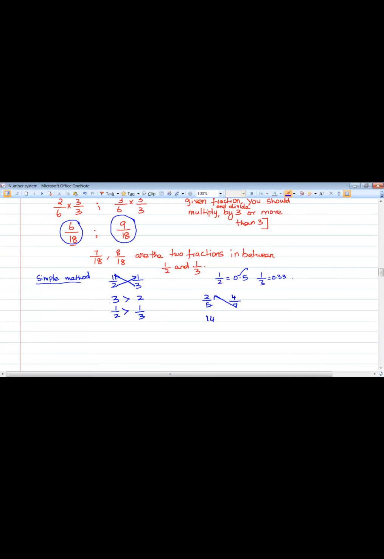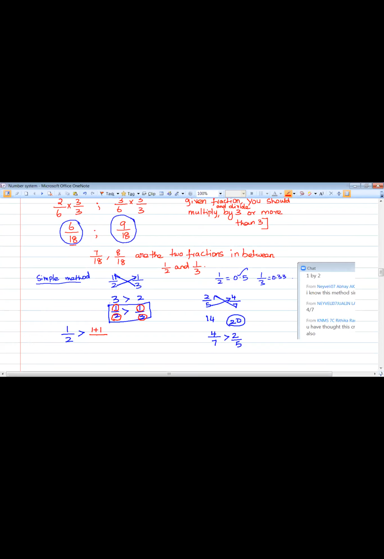I think I explained this method to you. Okay, same thing. So from this you can understand 1 by 2 is greater than 1 by 3. Now we have to find out two fractions in between. That is very easy, right? 1 by 2 is greater than, first, what is this numerator? 1. What is this numerator? 1. 1 plus 1 divided by, what is this one and this one? 2 plus 3. 2 plus 3 greater than, as usual, 1 by 3.